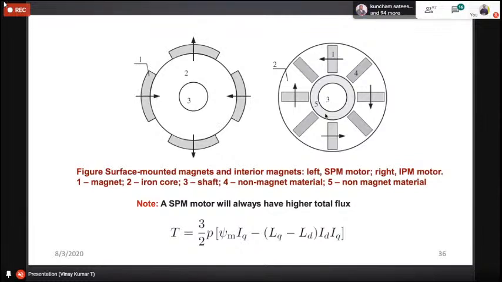The surface mounted problem is that the centrifugal forces acting on the permanent magnets are more. Here the rotor surface is more, but here the mechanical stress is less. Right,